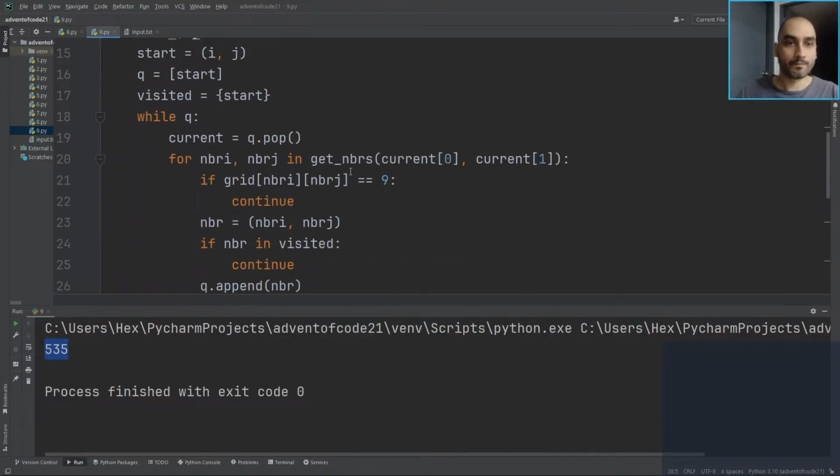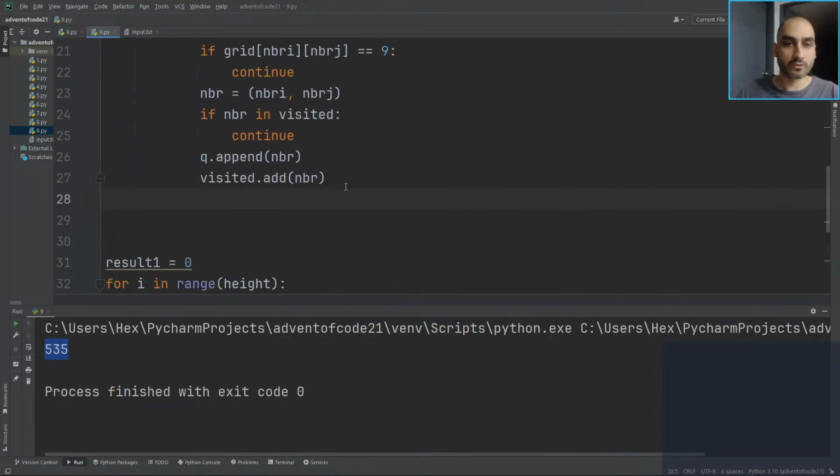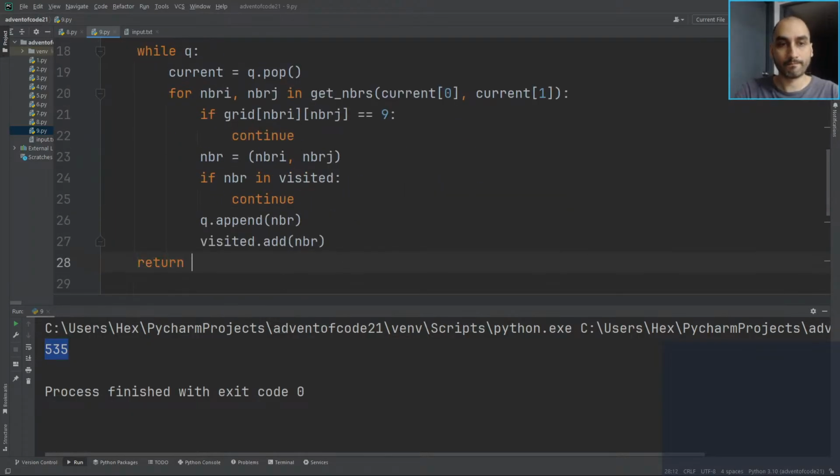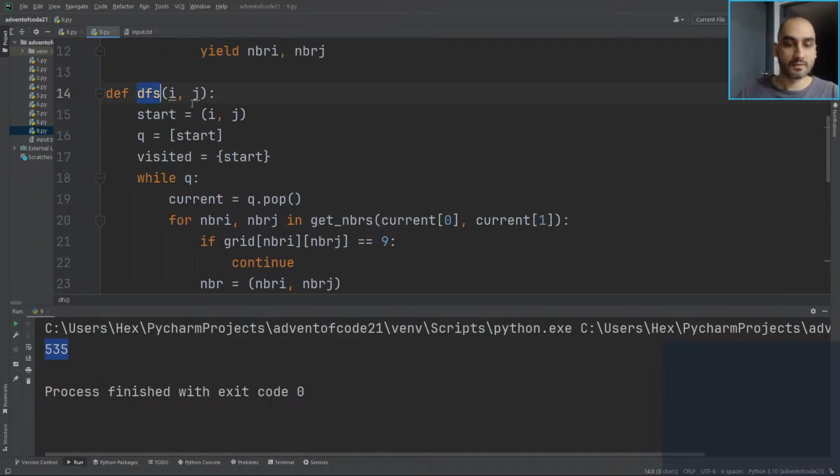Then what? Once we've done all of that, it's just the size of visited. That's all we care about. This is basically telling us get basin size for a given